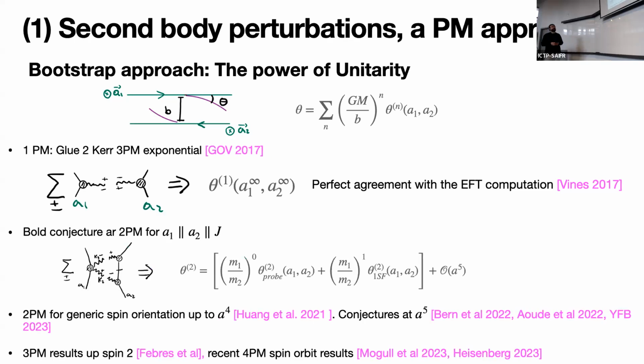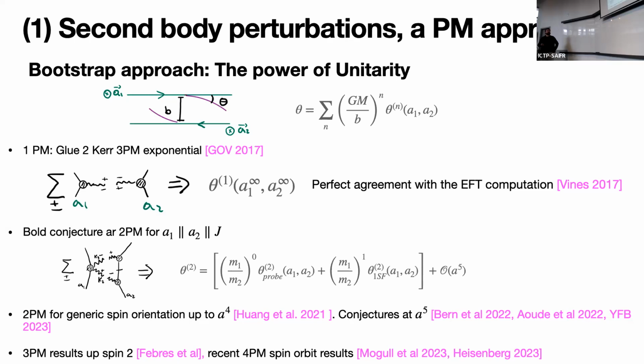So the next step would be to say, okay, how about if instead of putting just two three-point amplitudes together, you put two three-point amplitudes and an analogous amplitude with an additional graviton here. So it's like a quantum amplitude. This amplitude is known from the literature, from the Compton amplitude. In the paper by Guevara, Ochirov and Vines, they put it here and conjectured what the scattering angle at 2PM for the scattering of black holes up to fourth order in spin may look like. So it's a conjecture for a scattering angle that doesn't have any free parameters.